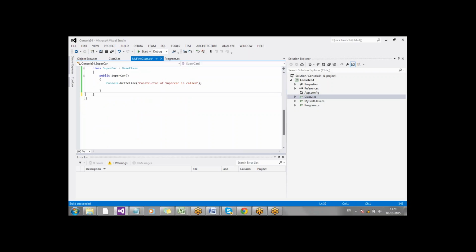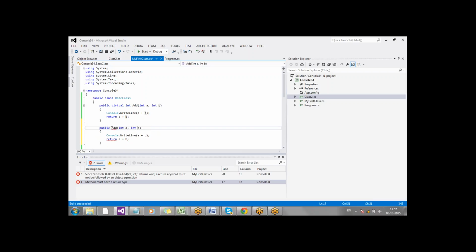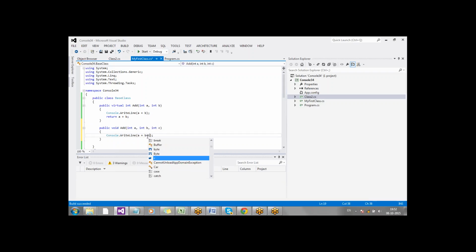And what I am doing in my base class itself, I am creating a new method with the same name, and I am not defining it as virtual, and I am defining it as void. I don't want to display anything here, and now I am changing the signature of it to accept one more parameter. Fine. So what is this feature called?